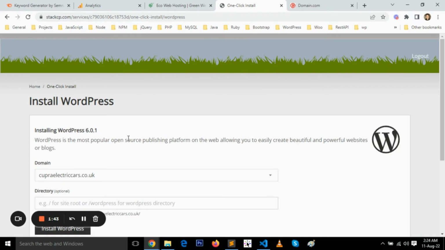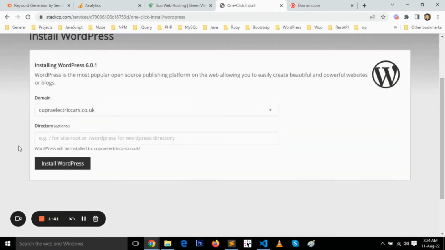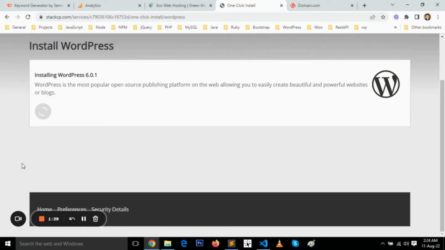It will take 1 or 2 minutes to install. You should leave this field blank until you want to install WordPress to a specific directory. Just click install WordPress. This will take 1 or 2 minutes, and